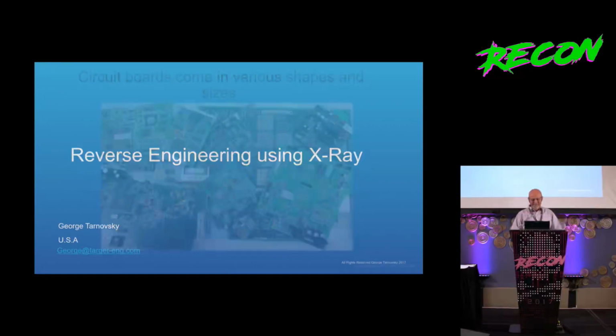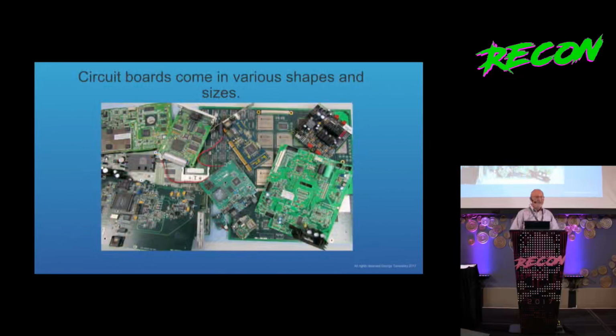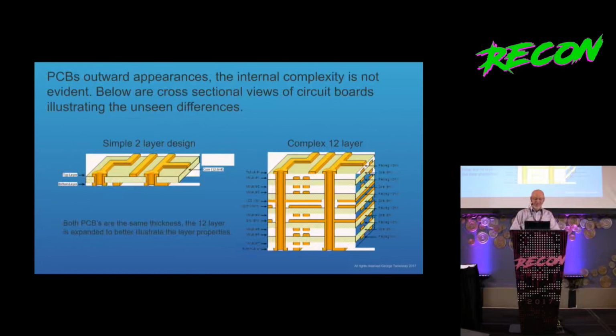Okay, very good. So circuit boards come in various shapes and sizes. Please be patient with me. Everybody has seen circuit boards. I know that. But nevertheless, what's not evident is the construction within the circuit board. Outwardly they all look the same, but inwardly you can see that some of them have multiple layers, some have plane layers which actually obstruct the view where you're not able to see anything within the device with standard methods. So the complexity gets